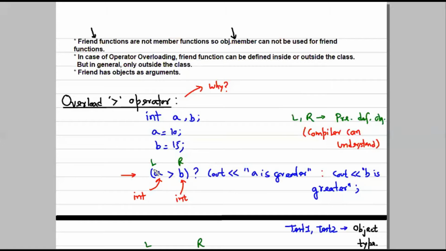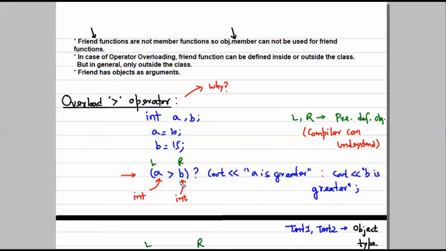We tell the compiler, if you find your left and right operands predefined, then go with the default logic you have. The compiler would definitely have the greater than or less than logic within it for predefined data types, but in case of user defined or object types, we have to give the logic. So in that case, we will overload it.